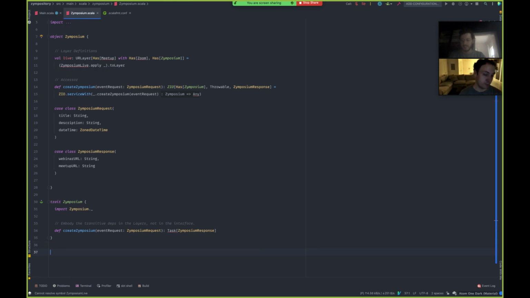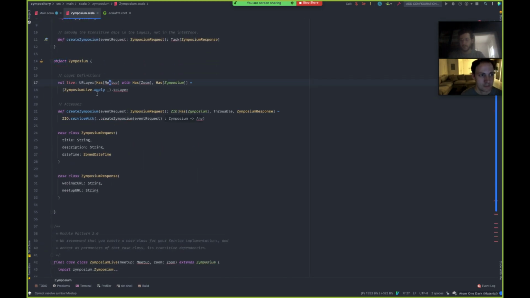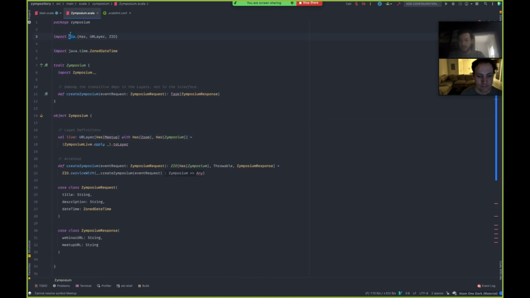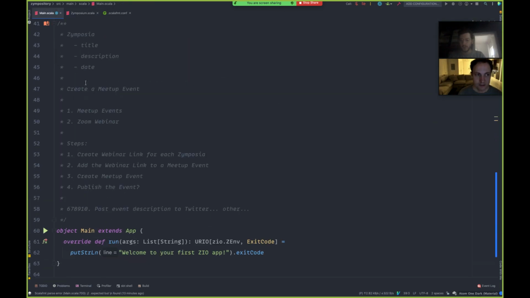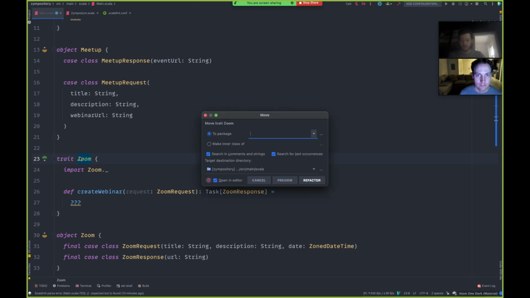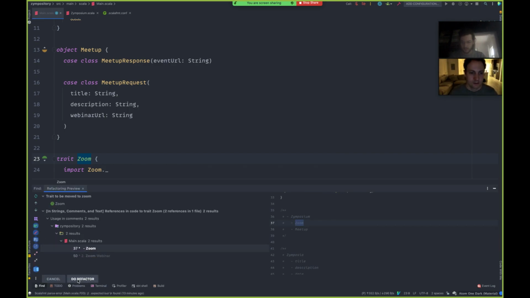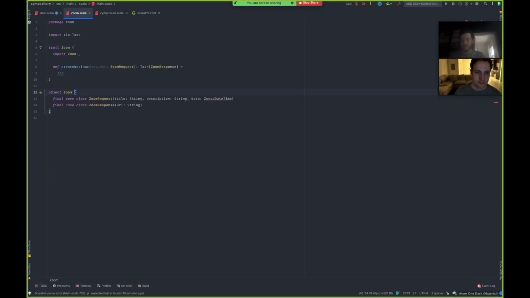Yeah, and maybe arguably that should be its own module, depending on, I mean, it doesn't matter here, but you could imagine this is a big service or big application. We have those separate. Exactly. And before I fill in these little guys here, I'm going to actually move these as well, so everything can know where everything else exists. So let's move Zoom to a Zoom package. So this should move everything there. Oh, no, do refactor, it's okay. Lovely. And that pretty much worked.